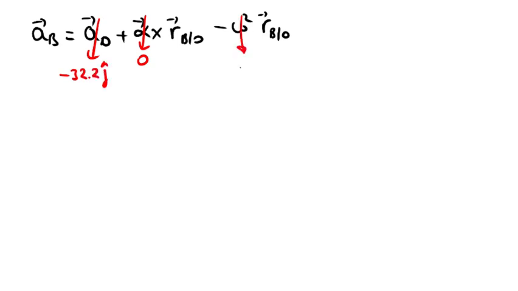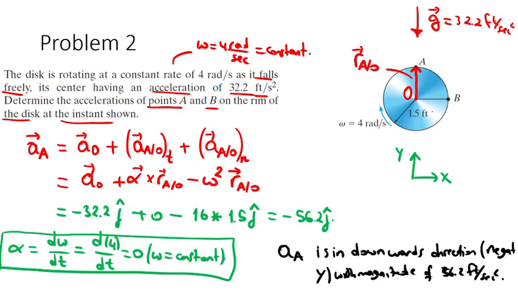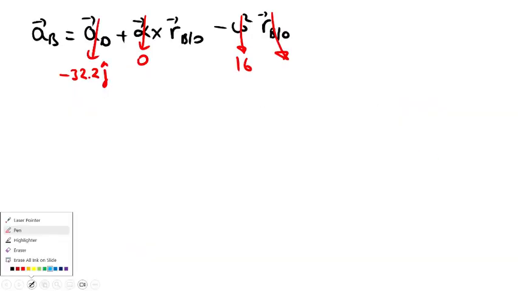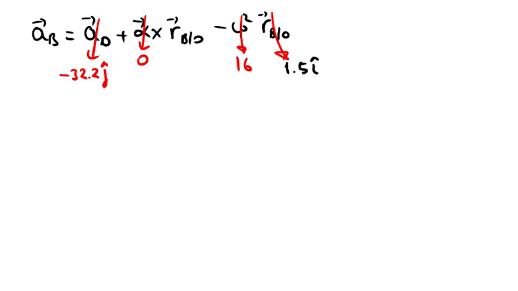The last term is 16 times R of B with respect to O. You can see it is in the positive x direction, so that will be 1.5 i. So the acceleration of B will be equal to negative 32.2 j